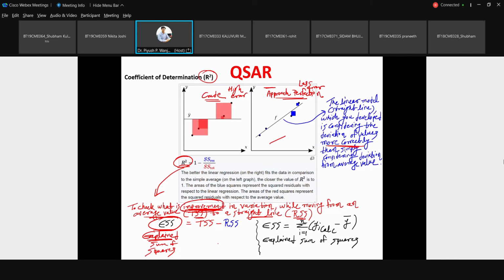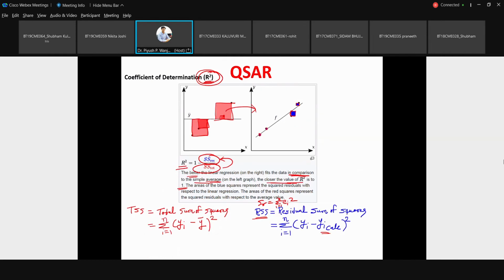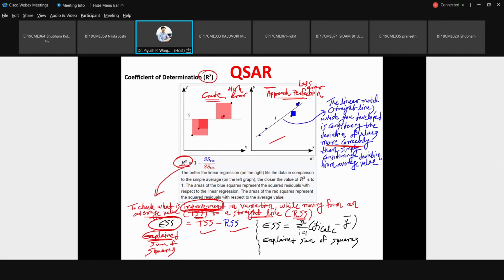Okay, I hope you have understood. So if you want to calculate, you understood RSS earlier, and the TSS also. So ESS is the subtraction between them. The two factors need to be subtracted. So the final formula for ESS becomes again the summation from i equals 1 to n of y i calculated minus y average bar. Okay, here there is nothing related to your actual experimental data, but only the value calculated using the model and the average value. That is the difference.